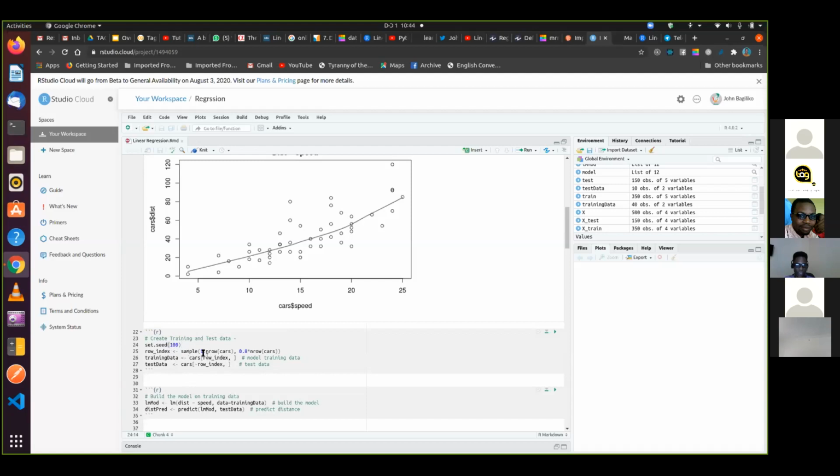So we will just want to know the number of rows in the data. We just want to know the length of the data that we are sampling, because we are going to use it here. And so for the training data will be the cars data,